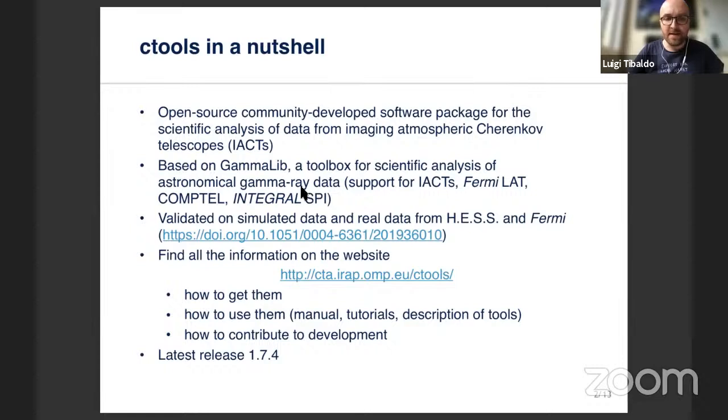It was validated so far on simulated data and on real data from H.E.S.S. and from Fermi. And here you have the reference of the latest paper on validation. All the information is available on the Ctools website, which is given here. And in particular, the parts that may interest you are how to get them, how to use them. There is actually a very comprehensive manual, some tutorials, and a detailed description of all the tools. And you can also contribute to the development. The latest release of Ctools was